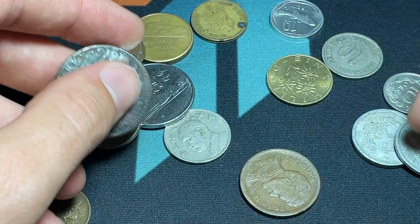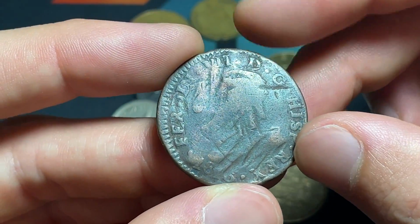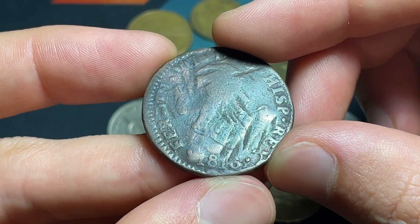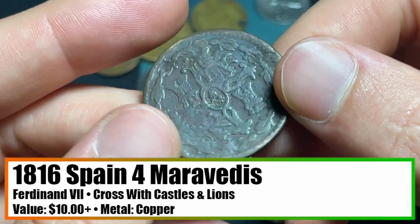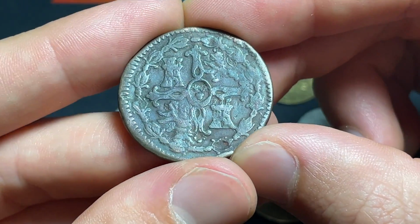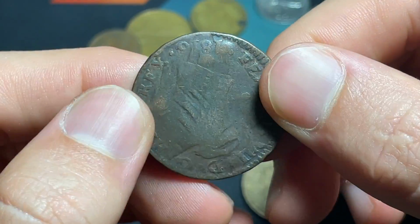I think it's time to look at what this coin is. It says Ferdinand VII, so Ferdinand the Eighth, DG Hispaniarum Rex, 1816. Whoa, no way, over 200 years old. I wonder if it's like a 4 or 8 Maravedis coin, and that's probably my best guess on it. See the castles, always interesting, insignia and that sort of thing, but you can also tell,